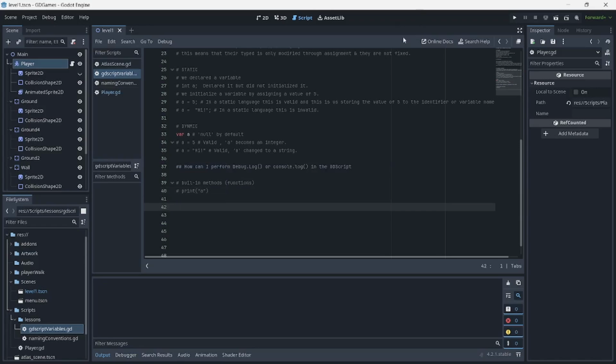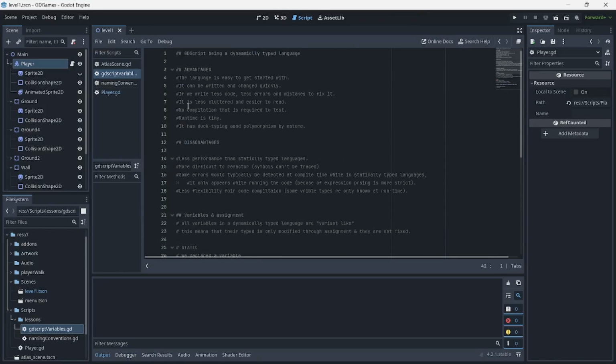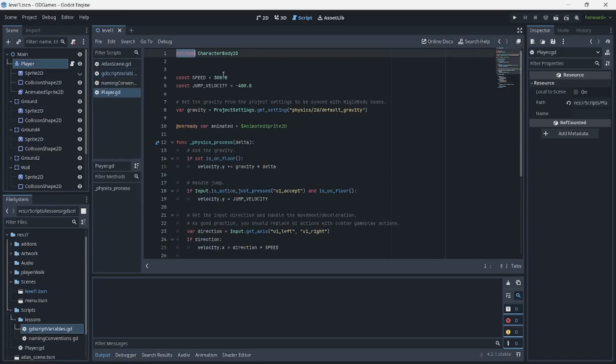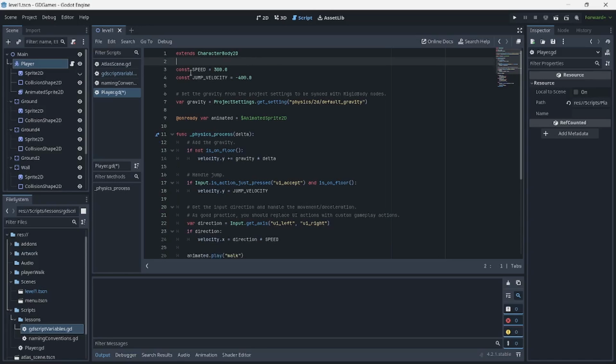One thing to take note of is that one file in GDScript is actually considered as a class, and that's why you will see here we are trying to inherit the CharacterBody2D from the Godot engine. Perhaps there's already some code that has been written that we are trying to inherit from the CharacterBody2D class. We'll try to cover and explore inheritance, how that is done in GDScript. But just have that in your mind that each file in Godot is actually a class.